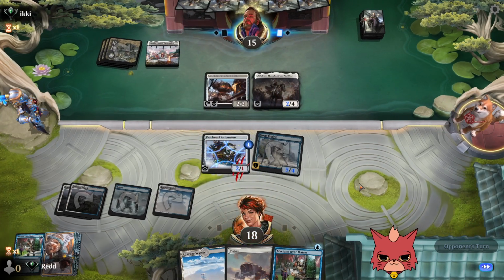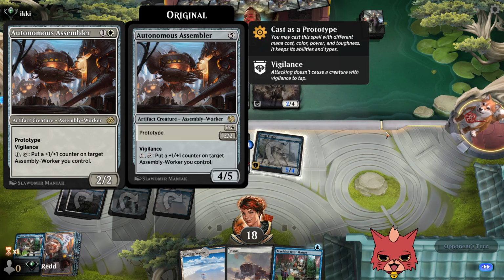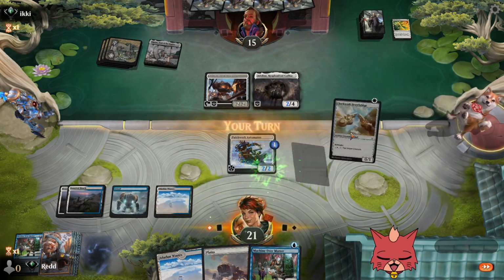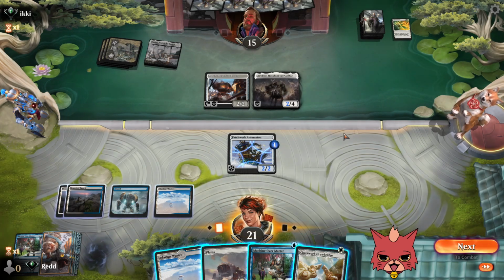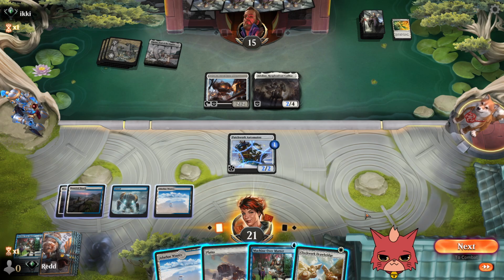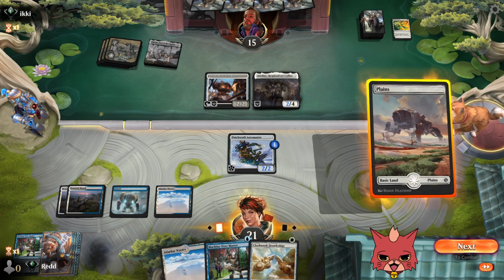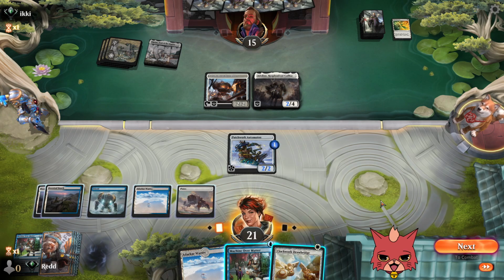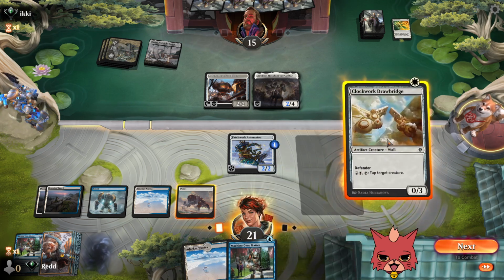Pretty cool. I didn't really get to play with this card too much, but I think it's a cool one. Lay down arms. Oh, man. Okay, well, there goes all that mana we just pumped into the Surge Engine. Okay. Well, the good news is we didn't really draw too much land. So that's good. Like, we had way too much land in that opening, so...